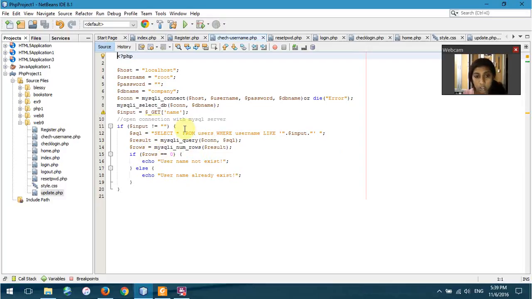The number of results is stored in rows. So now the rows variable has how many results there are, and if rows equal to 0, that means no user exists with the same name. If rows is equal to 1, that means the username already exists. So when we execute and look at it,